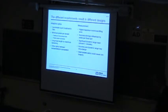Now those lead to different conclusions about your lenslet array design. For adaptive optics, you might want to minimize the total number of lenslets because you're going to have to calculate these fast. You want to do this maybe at a couple kilohertz in order to have your measurement bandwidth be a factor of 10 higher than your control bandwidth. You want to focus all of the light that you can onto as few pixels as possible because you're looking at very dim objects when doing astronomy, for instance. So you might want a long focal length lens in this case to maximize the sensitivity. Really, you don't care about dynamic range. What you care